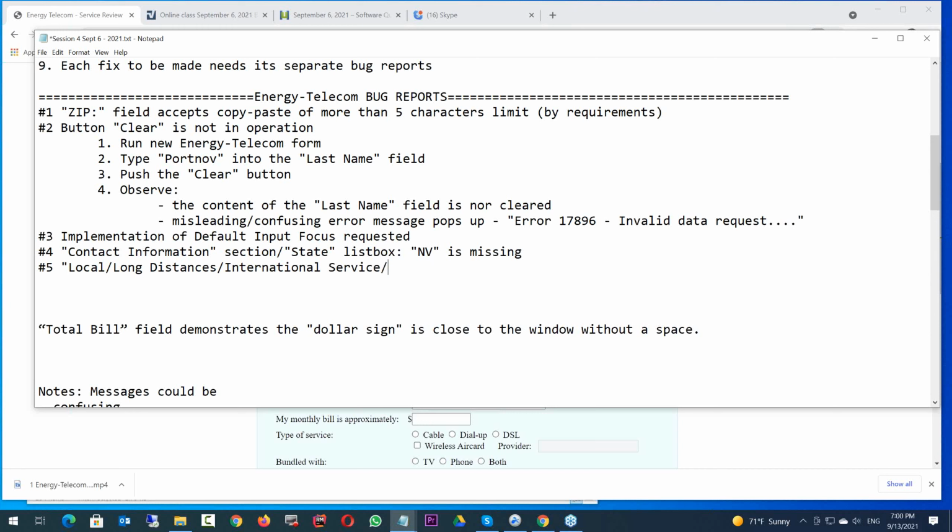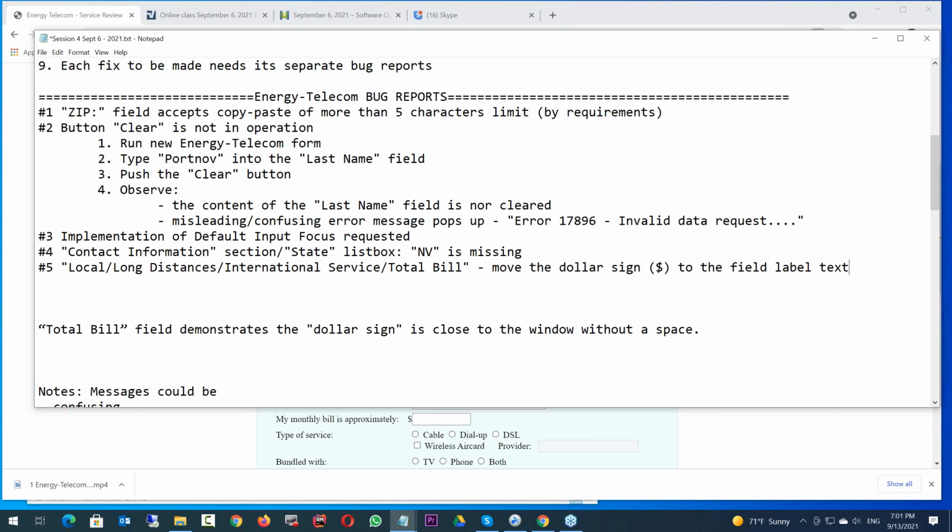Total bill. Now, I'm saying move the $ sign to the field label